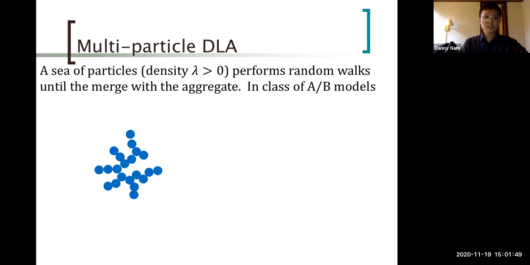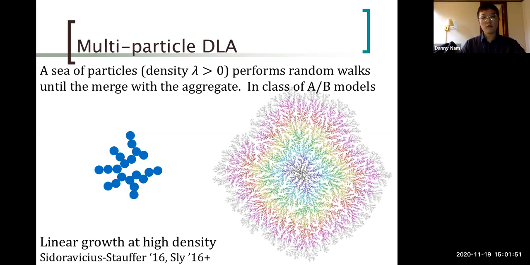Mathematically, a natural thing one can expect is that if the density of particles outside is very low, meaning you have fewer particles, then the aggregate will grow slower. On the other hand, if the density is high, then there are many more particles,